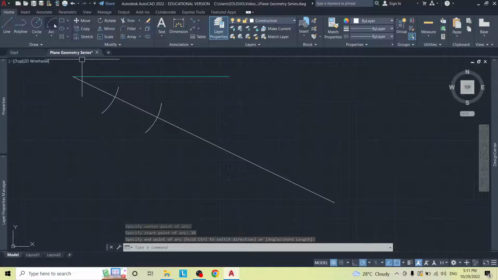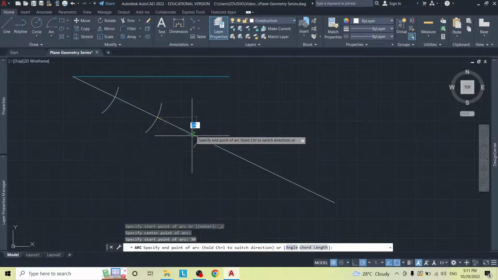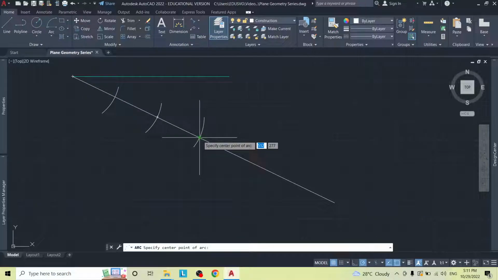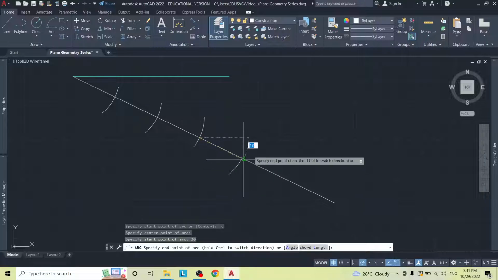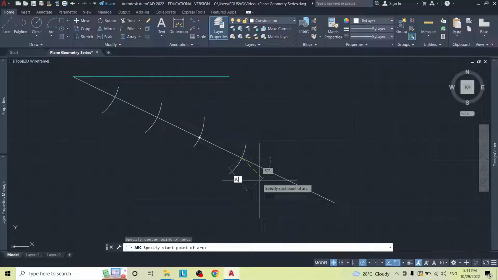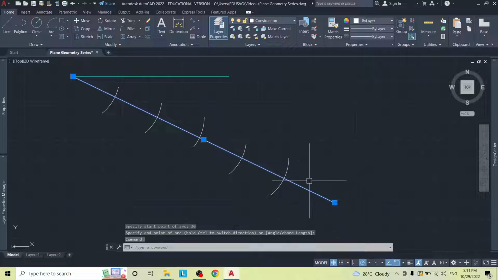1, 2, 3, 30, 4, 30, 5. Now if this line for you was a little too short, you can just click on the line,